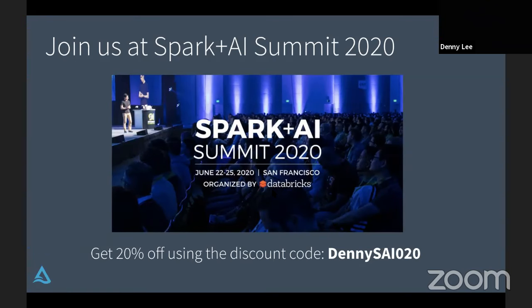Because it's an open source project, we recently released a blog, Delta Lake 0.5.0, where we talked about manifests. This is where Presto and Athena can take a look at the Delta Lake data. They can look at the Parquet data, because what you do is generate a manifest file. The manifest file simply contains all the files that you should be looking at for the most current version of the data.